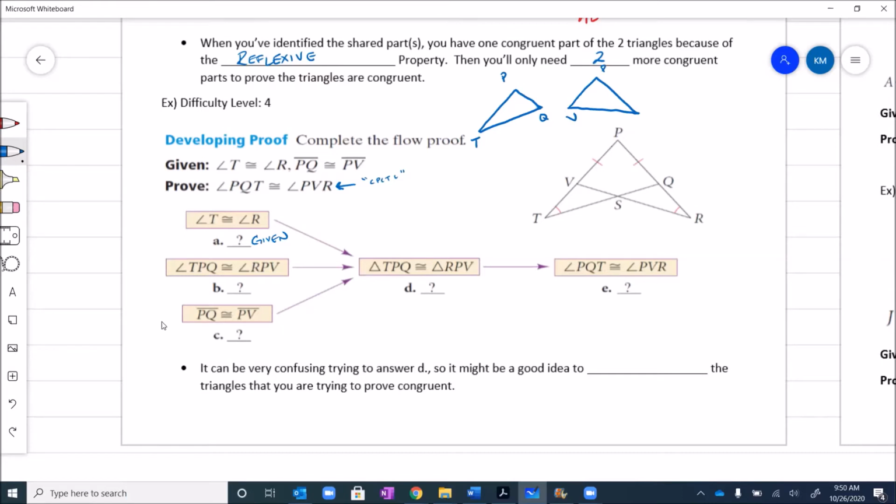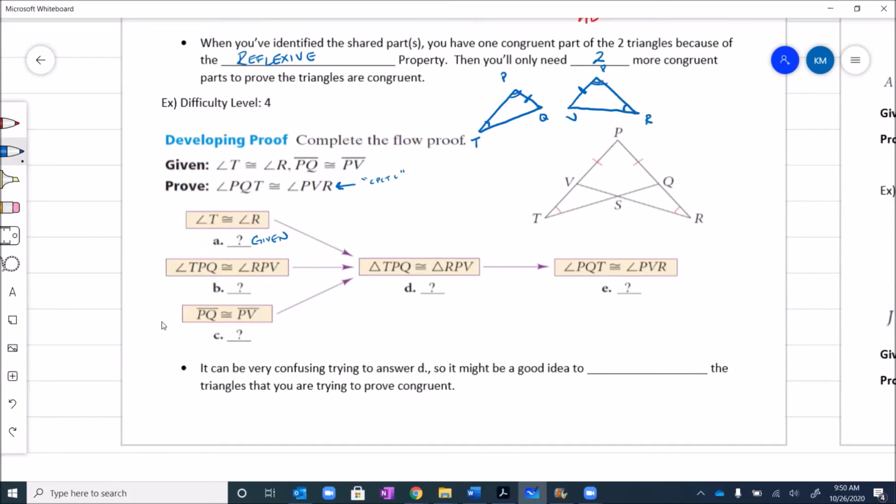And so a lot of times I won't be able to do that with overlapping, just because of how my brain and eyes work. So we have PQ and PV already marked for us. We have angle T and angle R already marked for us. And now this final statement, angle TPQ, give it 2 hashes, and angle RPV, give it 2 hashes, is now